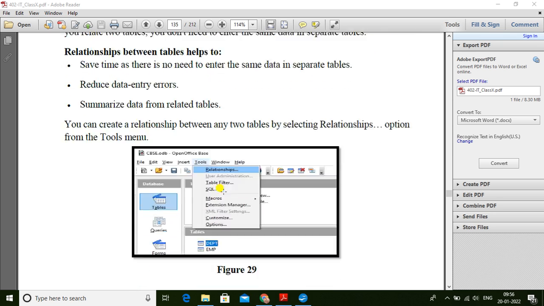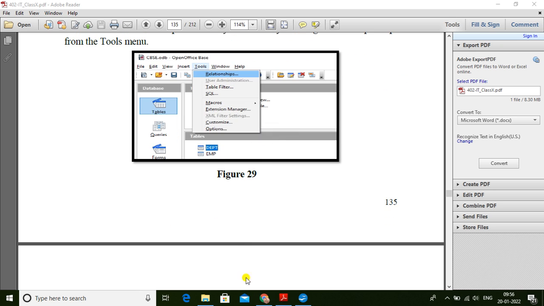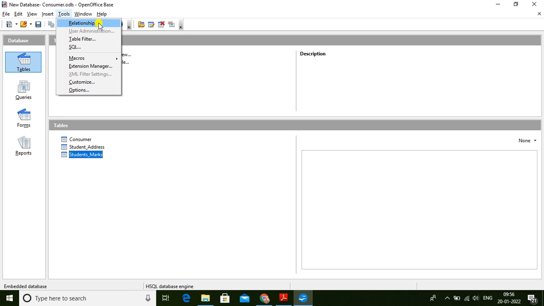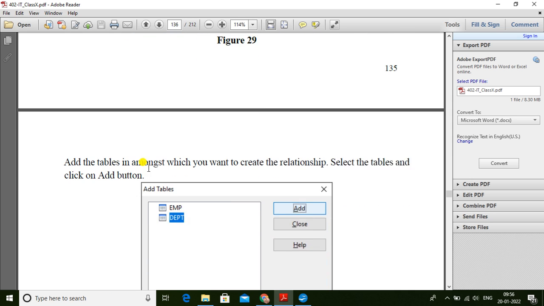Okay. So you can create a relationship between any two tables by selecting the relationships option from the Tools menu. Here I have some tables, and from the Tools menu this is the relationships option. We can choose the relationships option, and after that we can take some tables and make a relationship.